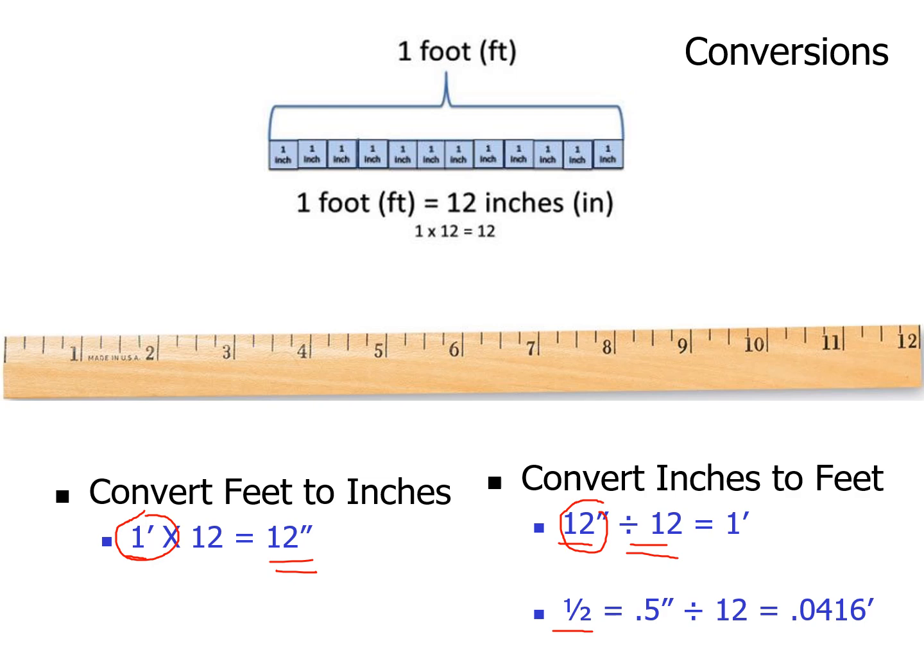Now this fraction is a little bit harder because we have to first get rid of the fraction. Most standard calculators, I cannot plug a fraction into, so I have to convert it. I do that by taking 1 divided by 2. 1 divided by 2 is 0.5. That's 0.5 inches. Still in inches, it's just a fraction to a decimal equivalent now. I still need to divide that by 12, and that would tell me a 1/2 inch is 0.0416 feet. A 1/2 inch and 0.0416 feet is the same measurement. Two different readings. It's like saying 12 inches is 1 foot. Same reading.